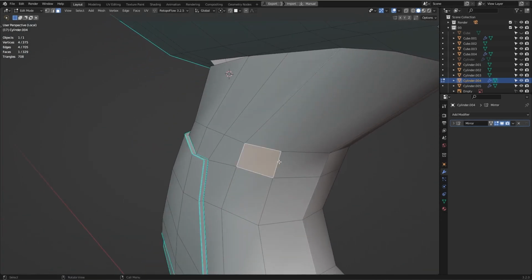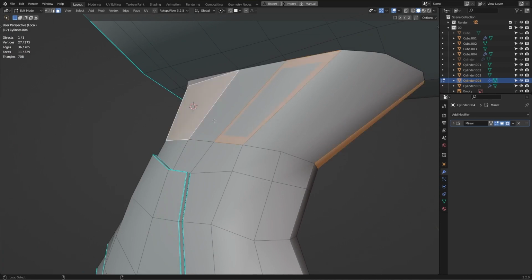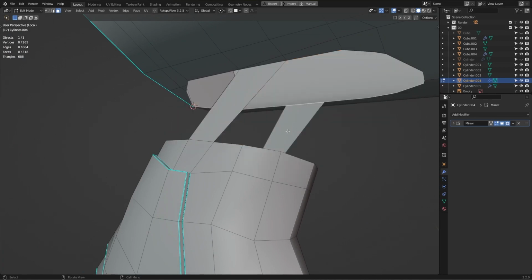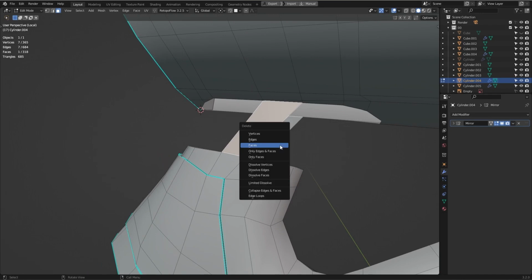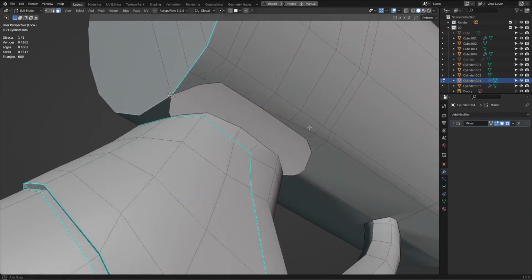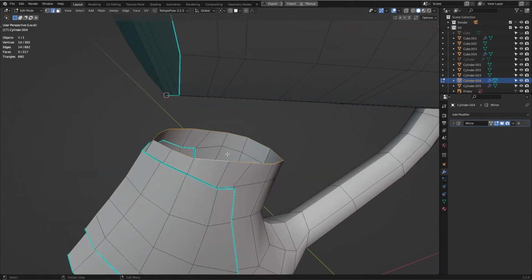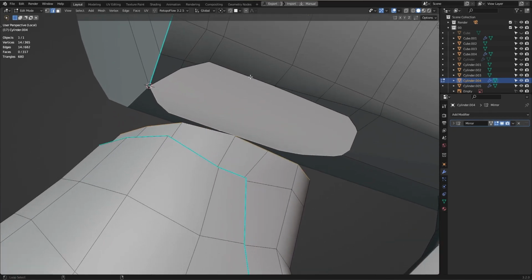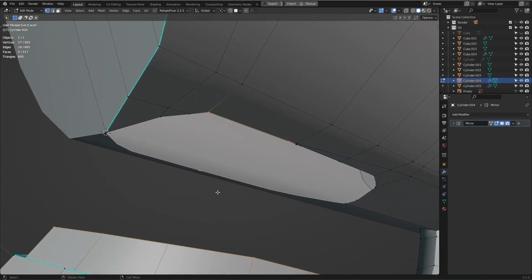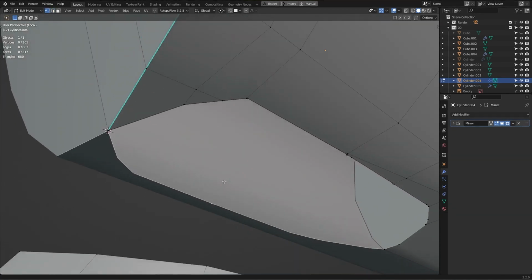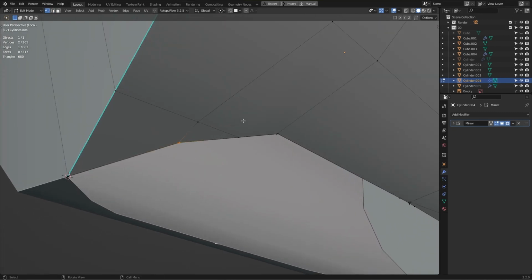Oh boy. I think, yeah, we have that big issue on top, but we're fine. This is one of the biggest mistakes. I have the triangle right there